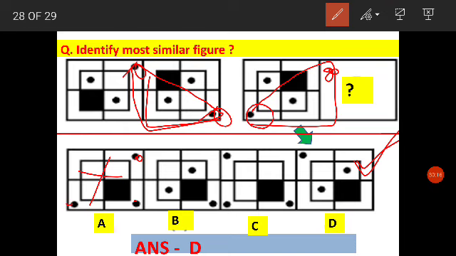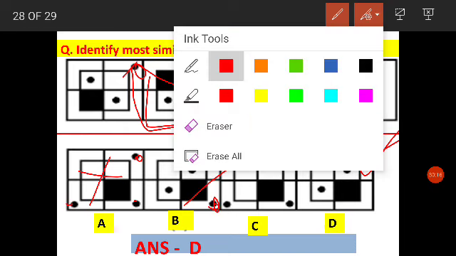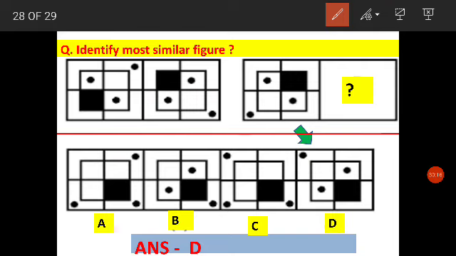This one again is not possible because there's a dot, but with the dot there's a black square. In the question, wherever there's a dot, there's a blank square. So here also, with the dot there's a black square. But this is the only figure which has a dot and a blank square. And the pattern I told you, if this is like this, then it has to be like this. So likewise, these are two ways of doing it.